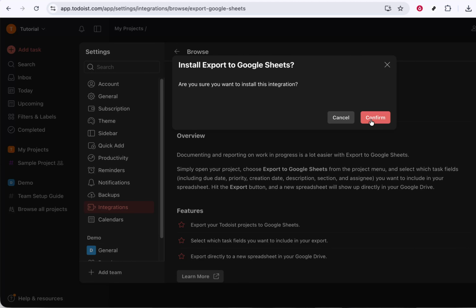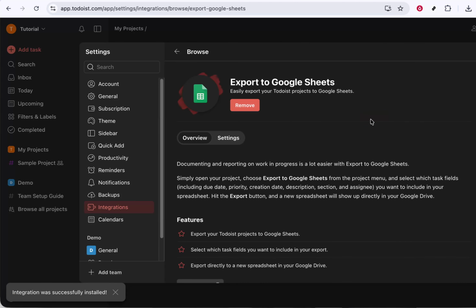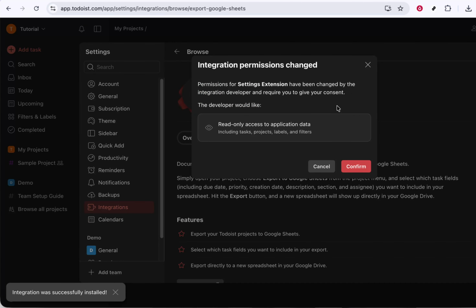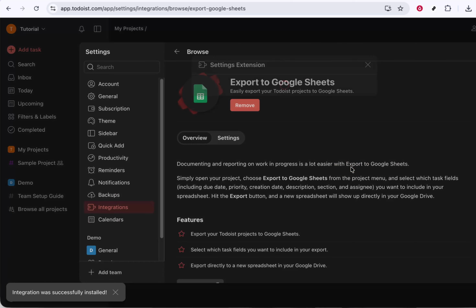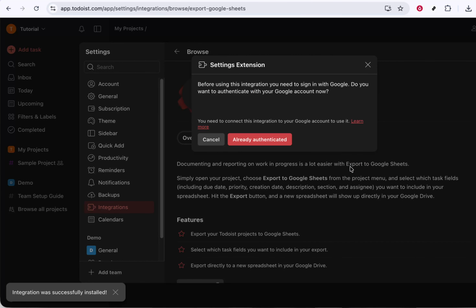When you see Export to Google Sheets, click on it to open its details. Here, you can quickly review what the integration does and any permissions it needs. Next, click on the Add button. This is what actually installs and activates the integration for your account. If prompted, you may need to log into your Google account and allow access so Todoist can create and update